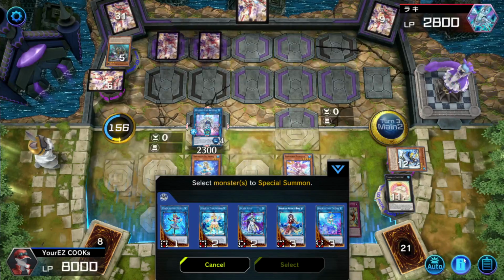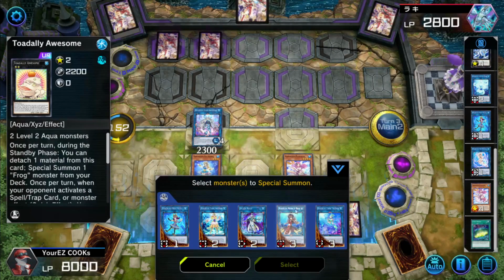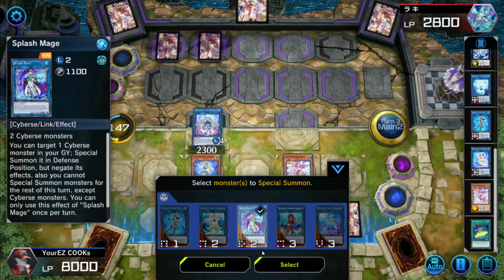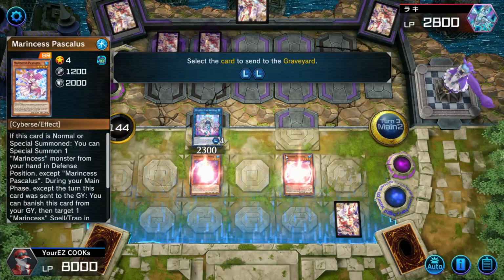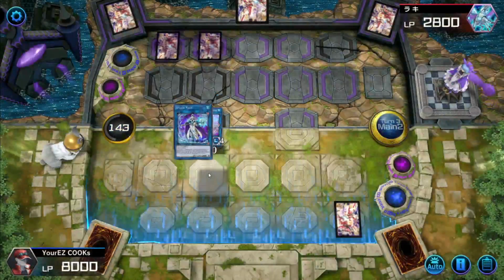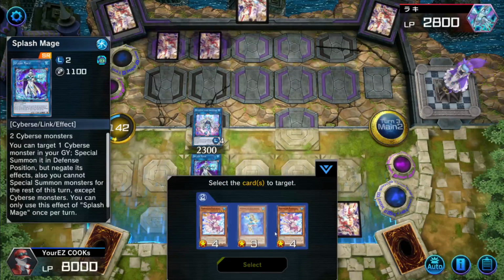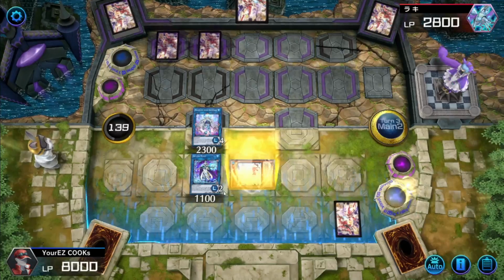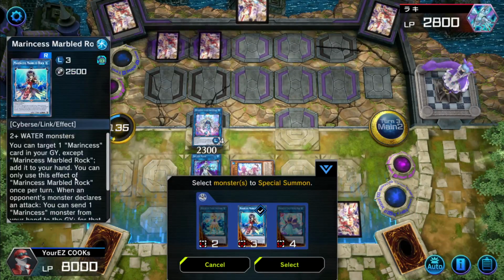Huh. We already normal summoned here, right? Yeah, we normal summoned already. So... go into Splash Mage. Activate Splash Mage. This will summon a Pascalus. And then from there, we can go into...